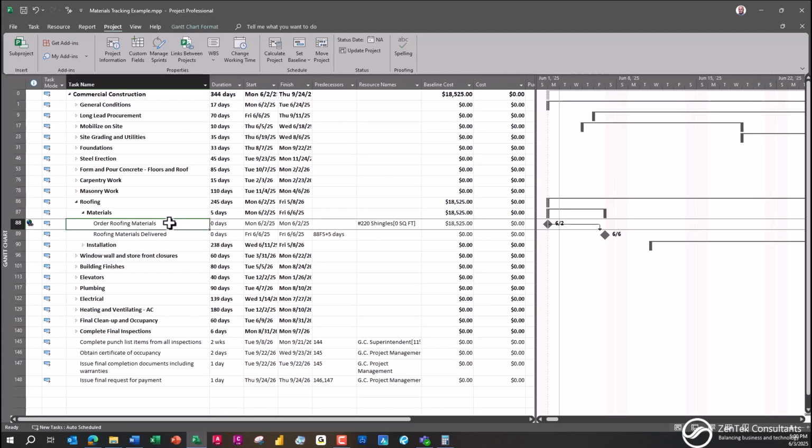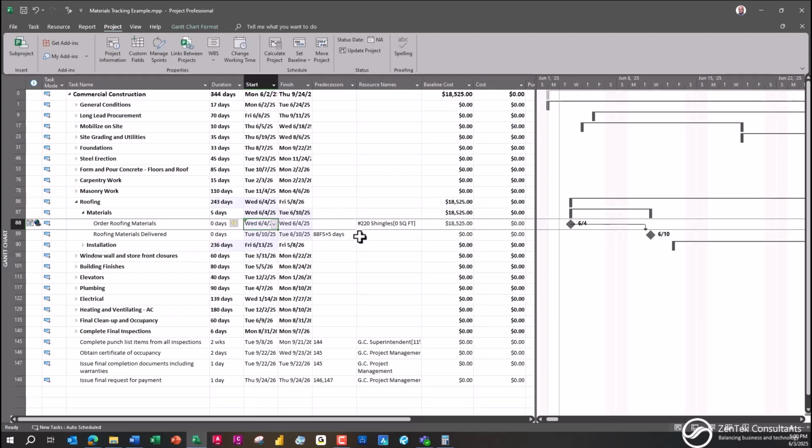Here's my ordering roofing materials, and what I want you to see is I've tied the predecessor. I've connected these two. So as delays happen, which they always do with deliveries, there's always some problem or issue, and things get pushed out a few days. Right now this one is set for delivery. I'm going to order it on the 2nd, and I've got a 5-day lead between when I order it and when they're actually going to deliver it, and they're tied together. So if I was sick on the 3rd and didn't wind up ordering until the 4th,